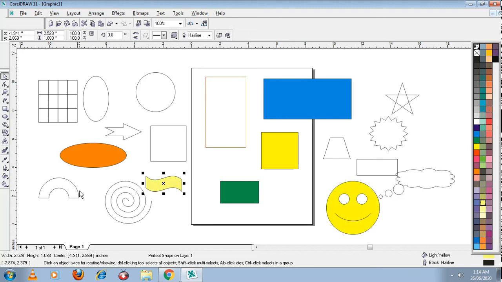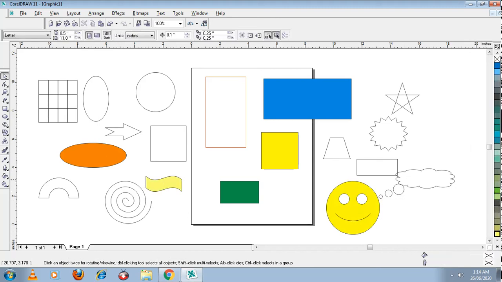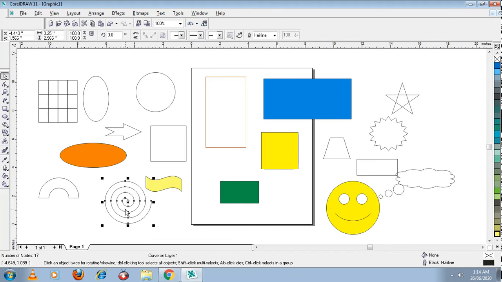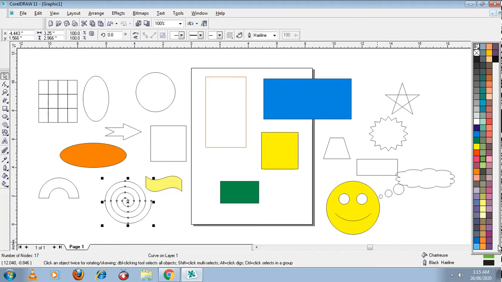Okay, now spiral, if I try to fill color inside the spiral, is it going to fill inside? No, it is not going to fill color inside. Why is it so? Because spiral is not an enclosed shape. Okay, so color fill will happen only in the enclosed shape. So you can change the outline color for the spiral. How to change outline color? Just now I have explained. Outline color you may change by right clicking on the color which you want as an outline. I am changing the outline color to this shade. Can you see the difference? Okay, likewise you may fill color as well as change the outline color for the different objects.